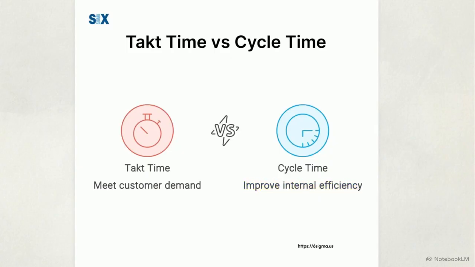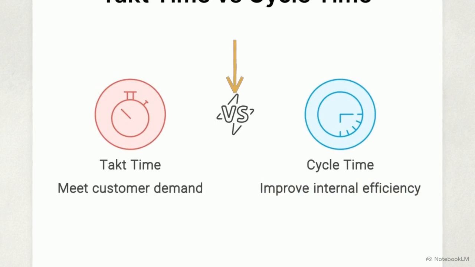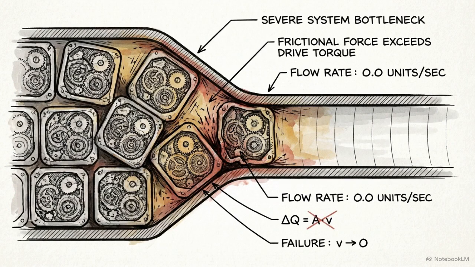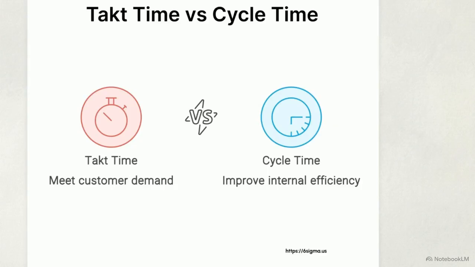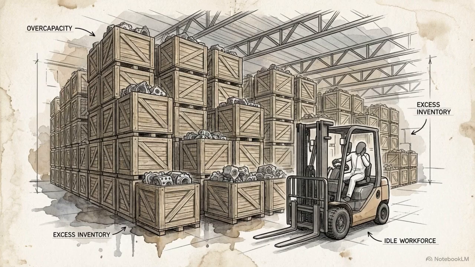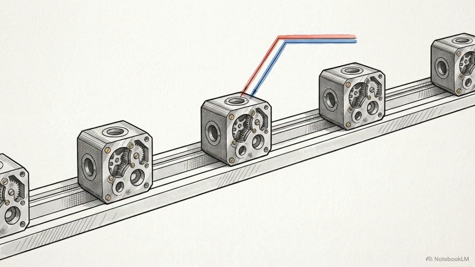When these two metrics are mismatched, the system breaks down. If the actual cycle time is greater than the required takt time, the internal operation cannot keep up with the external pace. This specific condition mathematically guarantees the creation of system bottlenecks and results in missed customer orders. In the reverse scenario, where cycle time is less than the takt time, the operation is breaching its external boundary by moving too quickly. Moving faster than the market consumes the product creates overcapacity, forces labor to sit idle, and generates the expensive waste of overproduction. Perfect operational flow is only achieved when the internal cycle time is ruthlessly synchronized to match the external takt time.